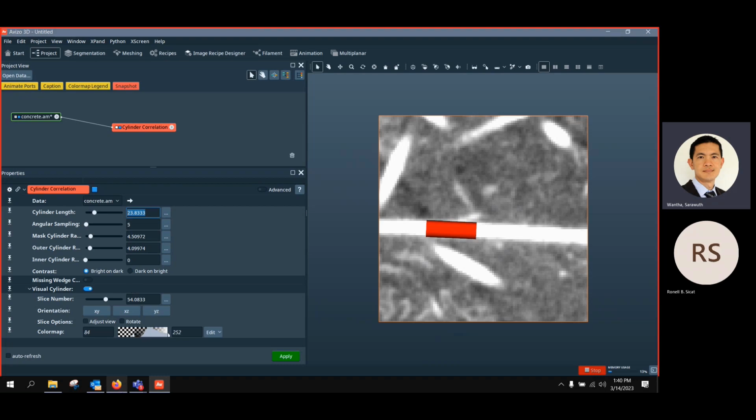So 16, 15 to 20, or even 25, it doesn't hurt much to increase the size of the cylinder length. But don't put it too long because it's gonna be difficult to detect all the fiber. And the principle of this cylinder